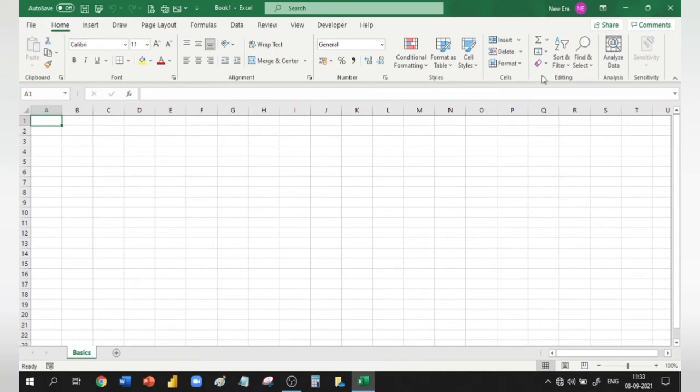Just below the ribbon, we have another thing called the name box. This is the name of the location of your current selection. If you are at this particular location where the green box is seen, this location is named A1. A stands for the column and 1 stands for the row. This is how it will always be named. We call these the cells. If you select this cell over here, then it will be named M1.